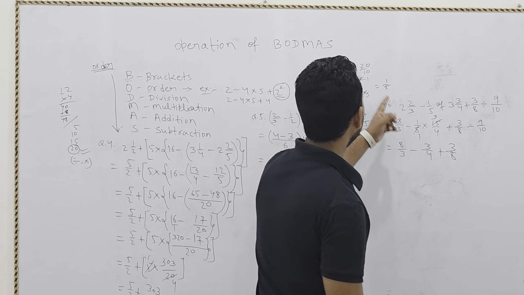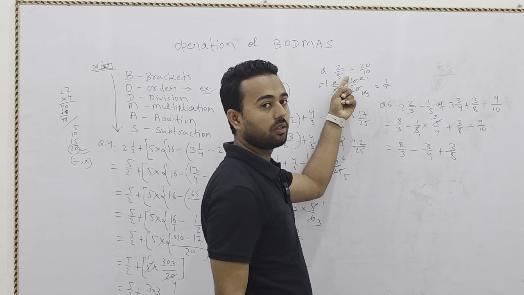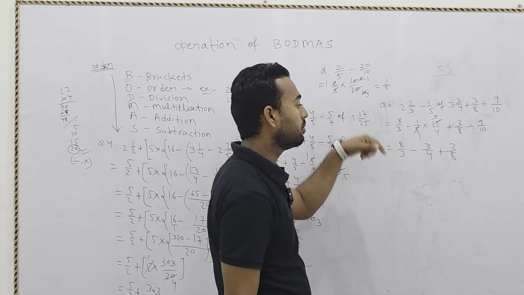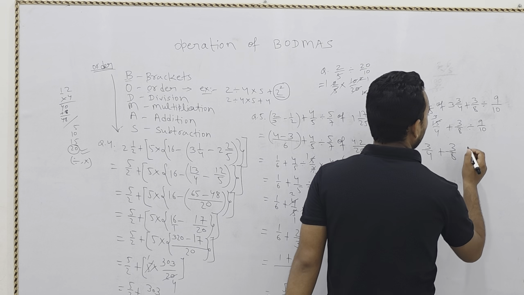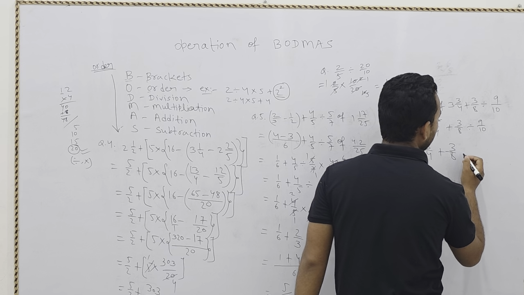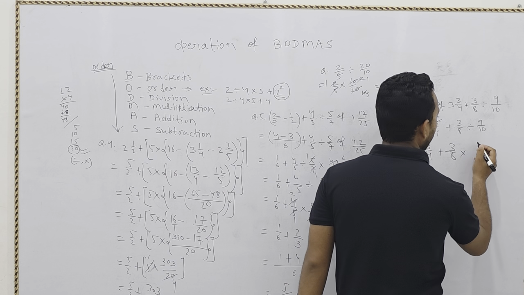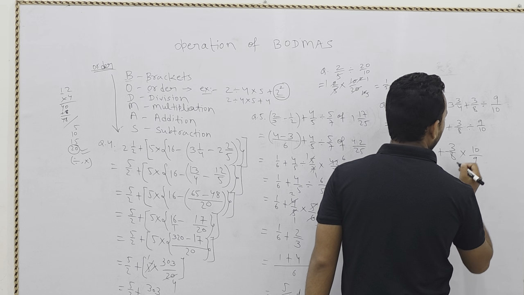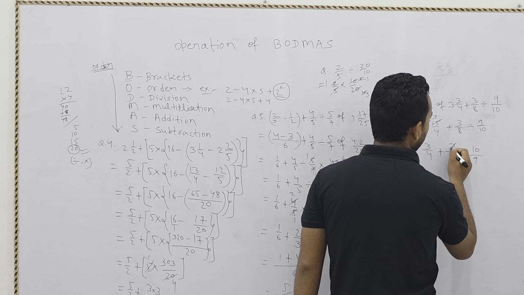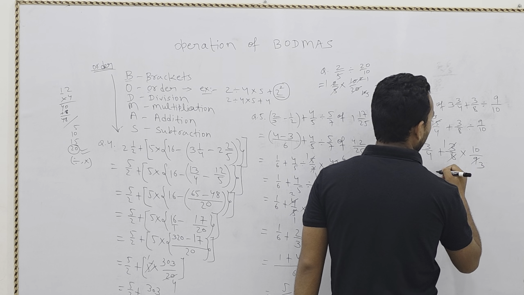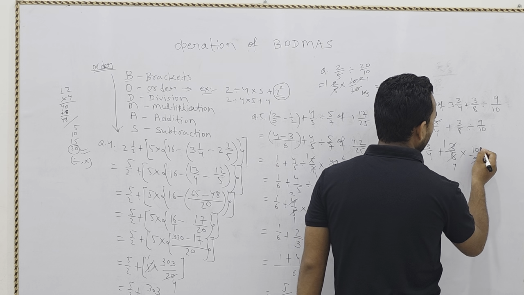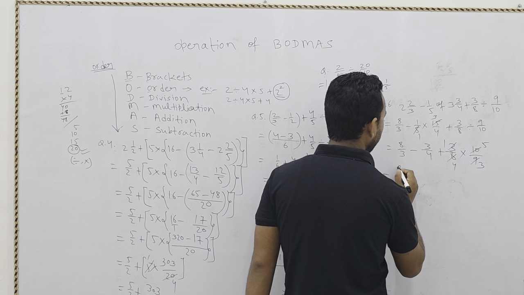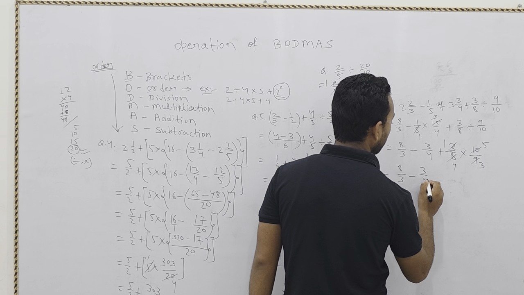And earlier I told you, if division is there, then we will convert into multiplication, and numerator becomes denominator and denominator becomes numerator. So here division is there, so here we will write multiplication and this numerator 9 will go in the denominator. So here we can cut: 3 1 is 3, 3 3 is 9, 2 4 is 8, 2 5 is 10. अब हम लोग आगे क्या करेंगे, सिंपली 8 by 3 minus 3 by 4